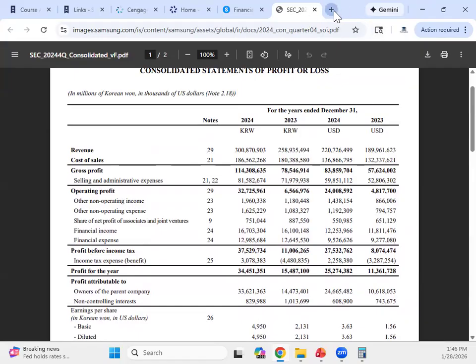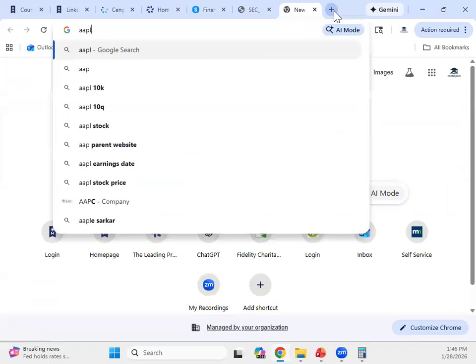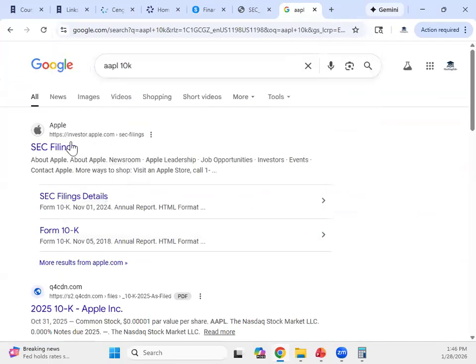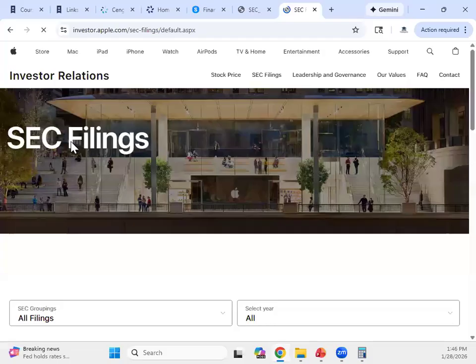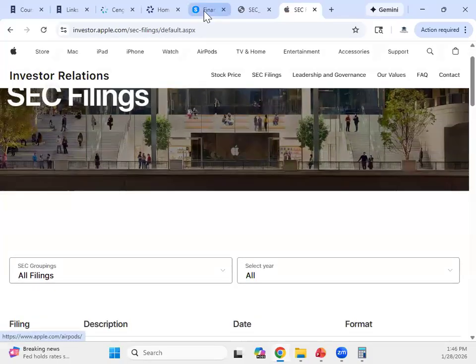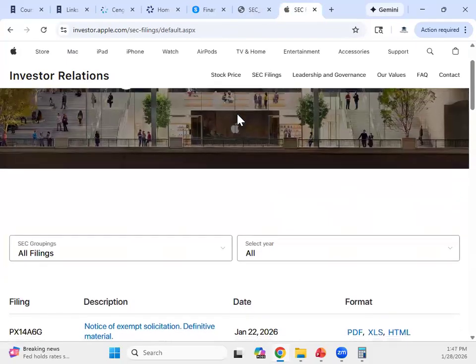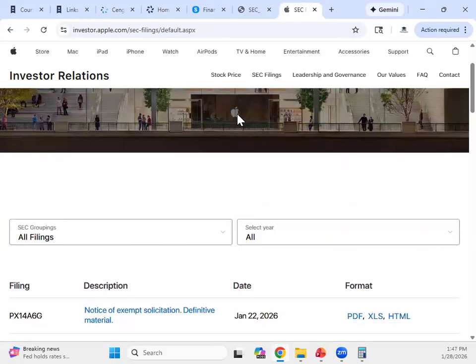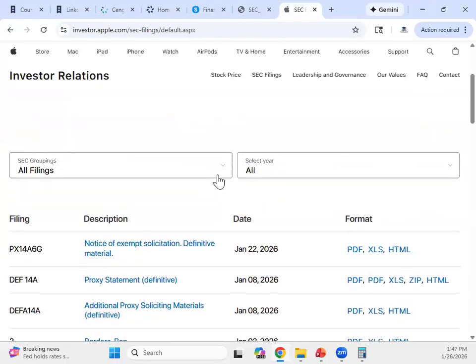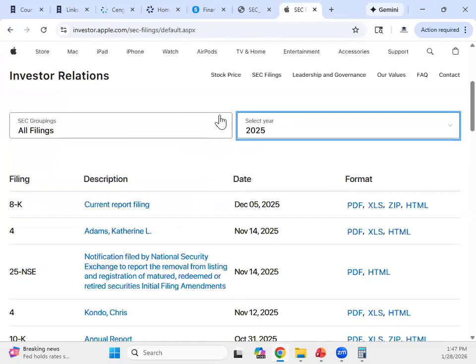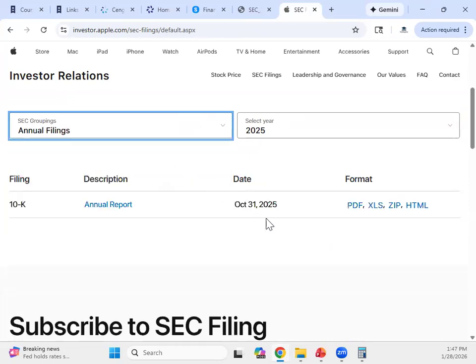This is also a really good example of why this stuff is useful, because Samsung is a Korean company. In the example here, they're reporting their income statement both in USD and Korean won. Not only are they a different size company, but they're also a different currency, so comparing margins as a percentage makes analysis between the companies a lot easier. So if we go to annual filings, Apple's 10-K,